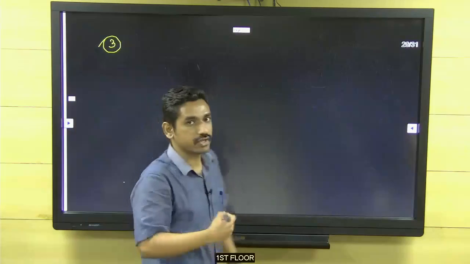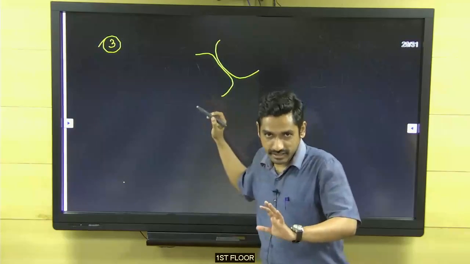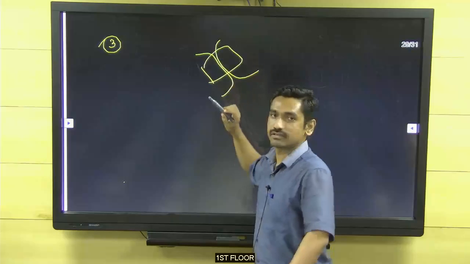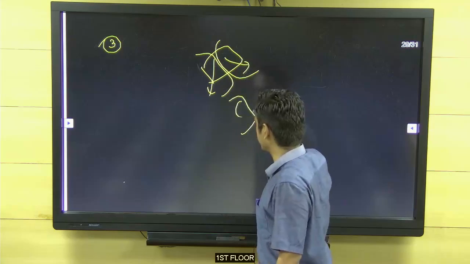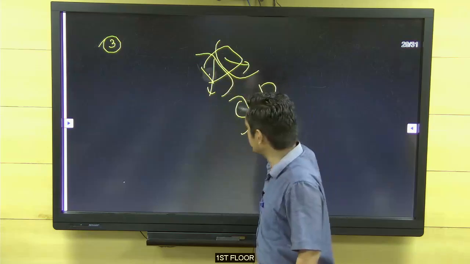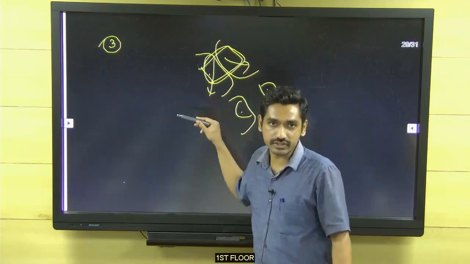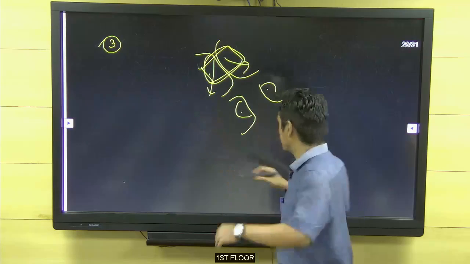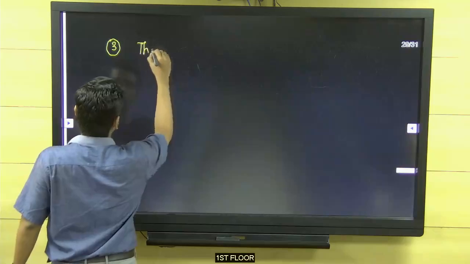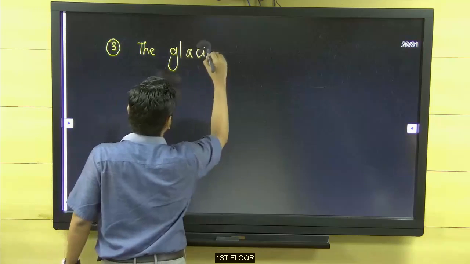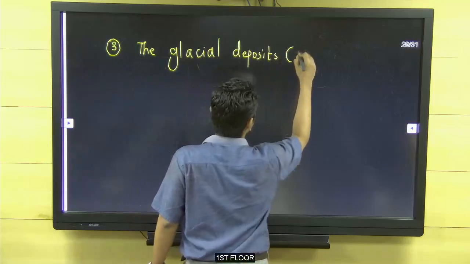See, the third is about glacial deposits. If you have two land areas, and both the land areas have a glacier, and the glacier melts and deposits over this region, or the land area separates and the glacier is retained, the deposits in both these regions will be the same, because the glacier was technically connecting these two lands. This is one way of interpretation. So based on glacier deposits, he gave this idea. The glacial deposits, in NCERT, they would have given it as tillite. Glacial deposits called tillite